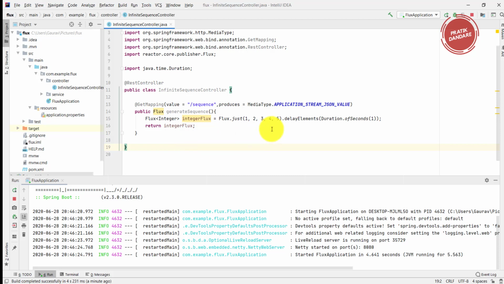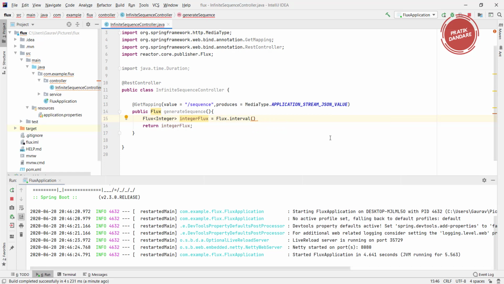But this is limited to just a fixed number of elements in the sequence. What I am trying to do here is create an infinite sequence. So we have Flux.interval. What does the interval method basically do?